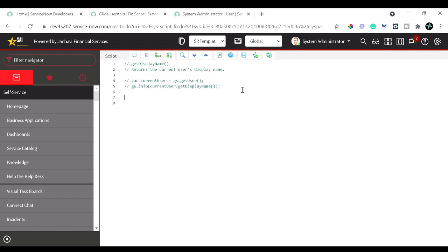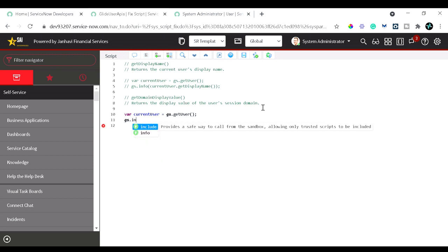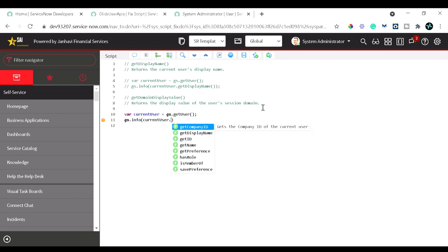The next method is getDomainDisplayValue, and it returns the display value of the user session domain. So let's try the code. I will take the same variable gr equal to getUser, and this is a common context, right? So let's reuse it. So getUser and then gs.info, and now we will do current user dot get